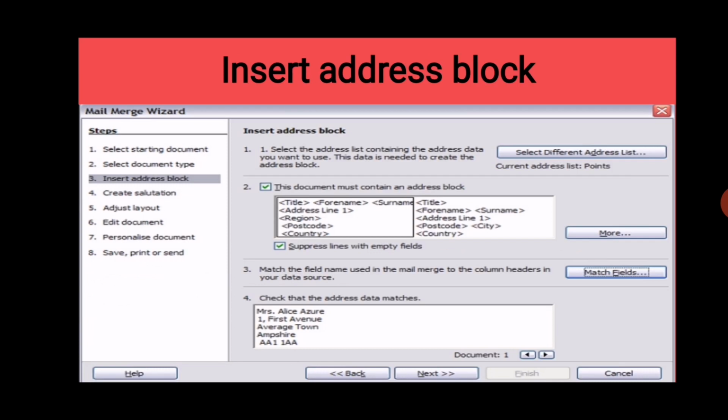The third one, match the field names used for mail merge, which kind of field you want to use, you can match here. Fourth is check the address data matches, which data you are using, you have to check that. So click on the Next button here.